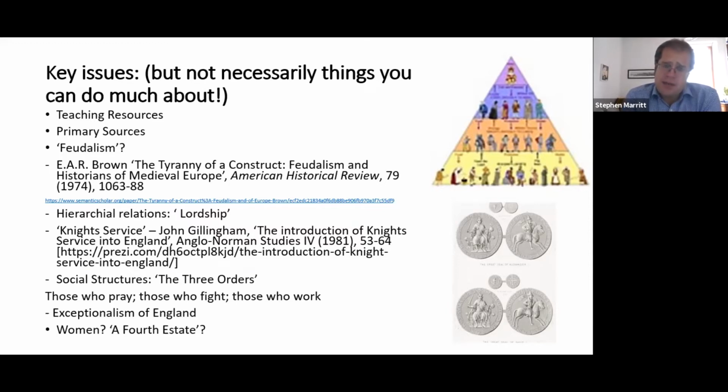A relationship between a superior and an inferior, which is based on notions of service, yes, but also loyalty, protection, reward, and chivalry eventually. So something which is more amorphous, but is also more emotional and more based in ritual and more based in personal contact, maybe, than land. One of the classic ways we illustrate things like lordship is royal seals.